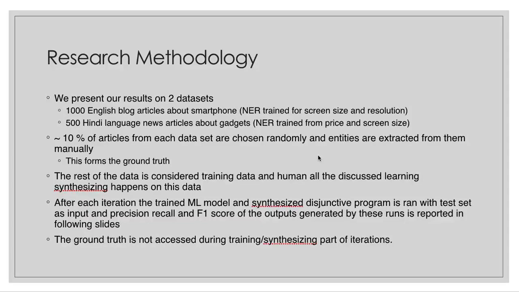it with this test set as input, and try to calculate the precision and recall of the outputs generated by these runs. And the ground truth is not accessed during training or the synthesizing parts of the iterations. The 10% of the articles that are extracted manually form the ground truth that we want to compare our results